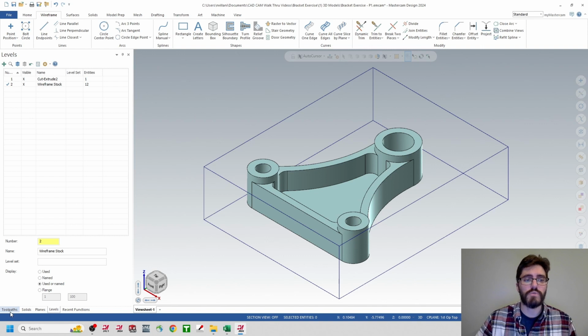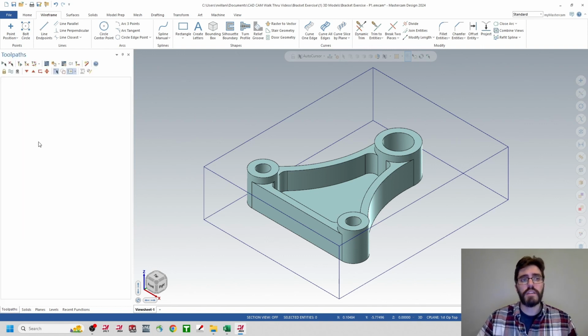We're going to go over here to the Toolpaths tab. Inside of Toolpaths, you'll see in the Operations Manager, there is nothing currently activated. We actually have to populate a new machine for us to use before we can actually link this wireframe geometry to the stock model. So up here in this top ribbon here, we're just going to move all the way